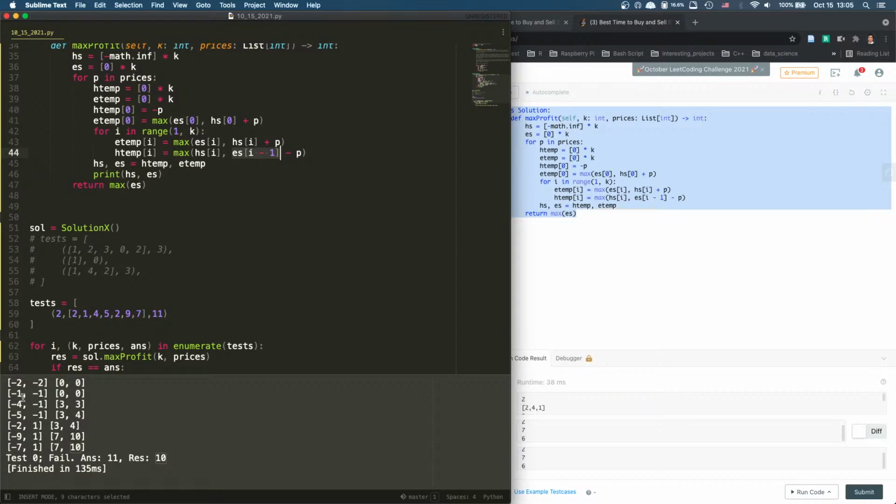No, buy 1, sell 5. My bad. Buy 1 and sell 5 is here, 4, right? Just buy 1, sell 5, we got 4. Then